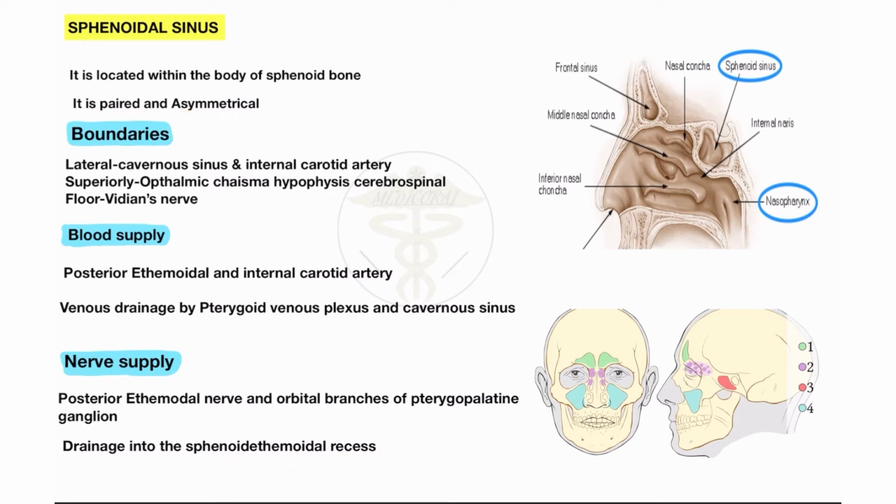It is also important that it is present in the posterior portion, and it is visible when you see the lateral view. When you see the lateral view, then you will see the sphenoidal sinuses. So this is about the sphenoidal sinuses. Here you will see the sphenoidal sinuses, and there are different parts in front of, superior and inferior to the sphenoidal sinuses.